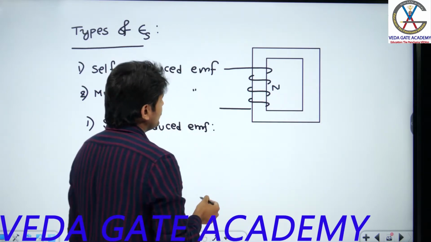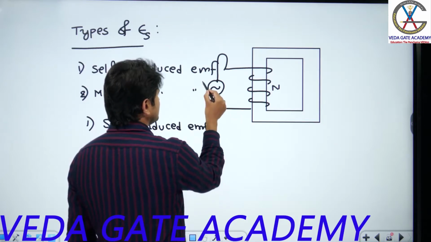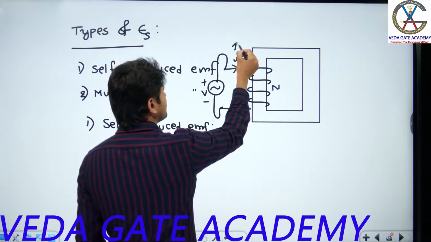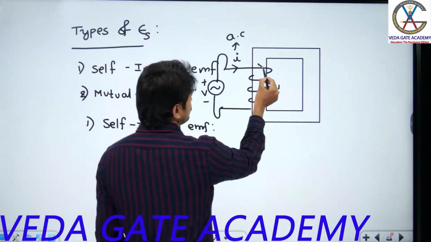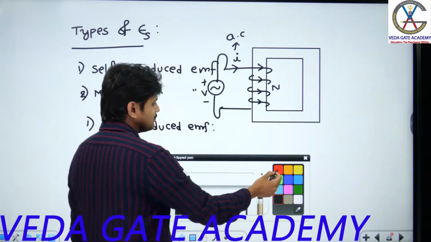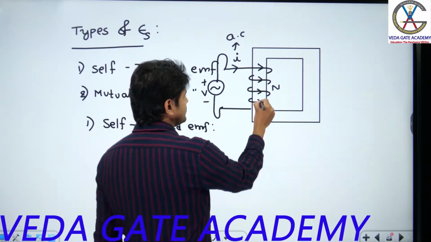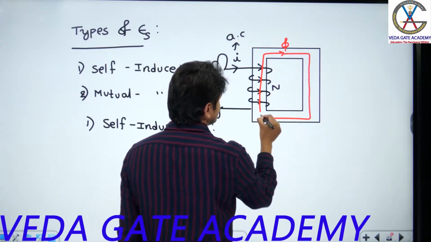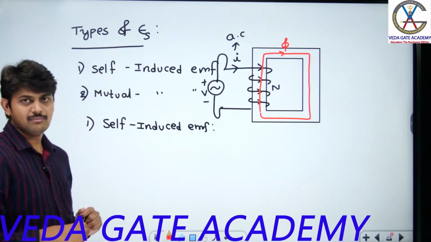Now for this particular coil I am giving excitation or supply, AC excitation. This is voltage. Because of this you are going to get a current which is alternating in nature. And because of this current flowing through a coil having n number of turns, flux will be produced, and we know the direction of the flux. As the current direction is in this direction, my flux will be in this direction. This is my direction of flux.